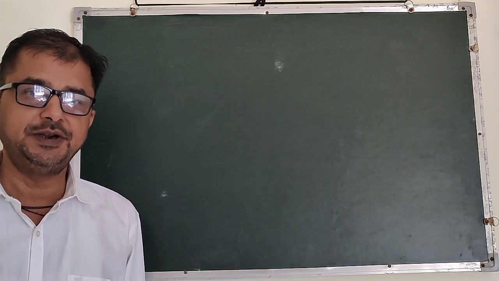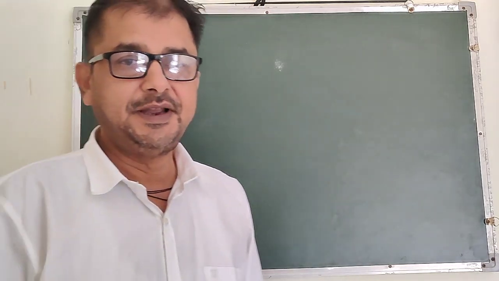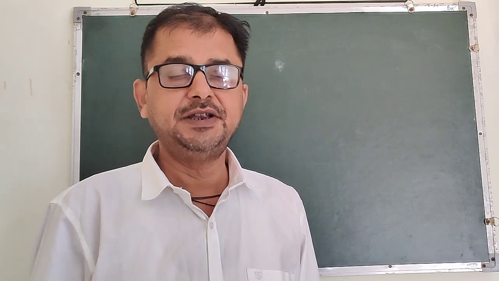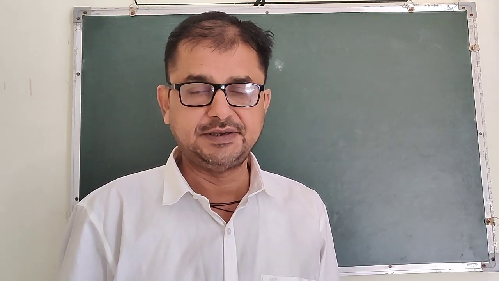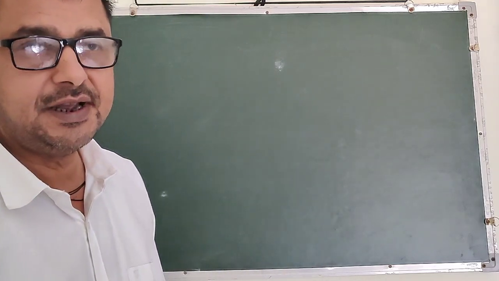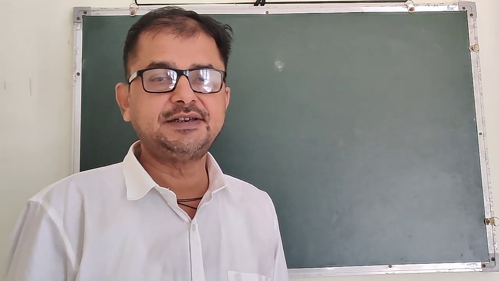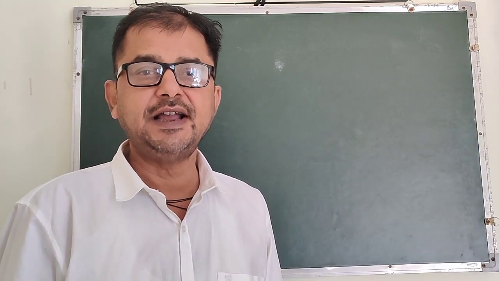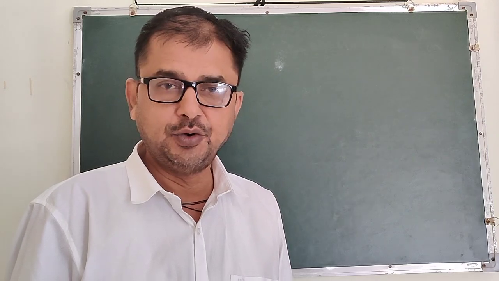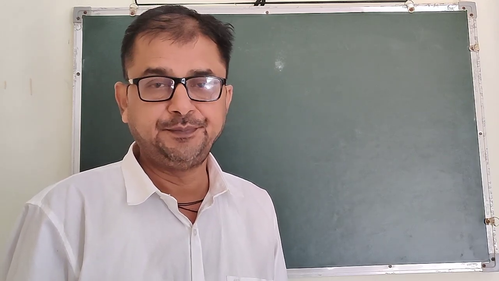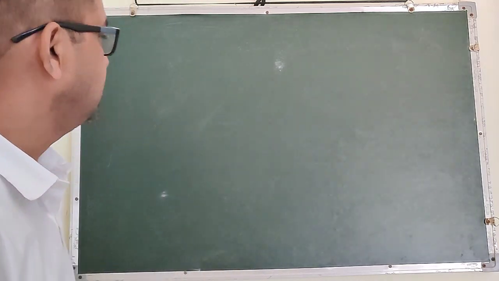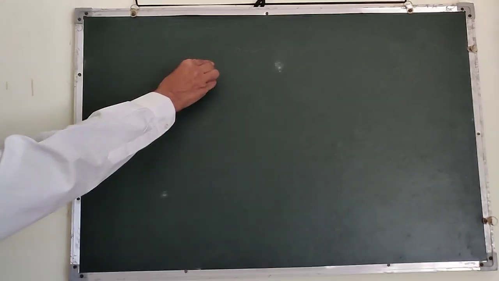Hello, my dear students. This is my first lecture on the instantaneous axis of rotation for rigid bodies. Actually, what is the instantaneous axis of rotation? The instantaneous axis of rotation is assumed to be at rest when there is pure rotation. For example, if we consider a rigid body like this,